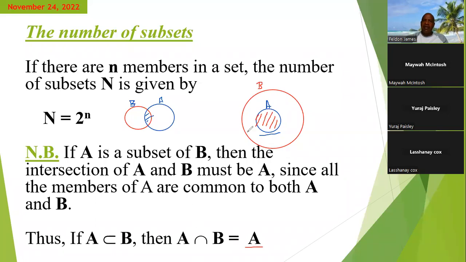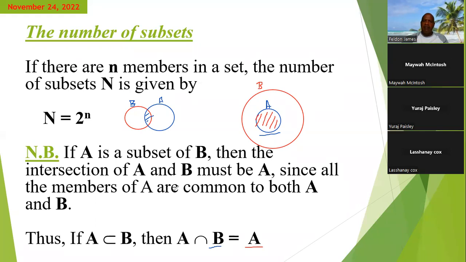Right, so we can say that in this case, where A is a subset of B, the intersection of A and B is just A, because every member of A would also be a member of B. Is that clear? Yes, sir. All right, so that's what this statement is saying, that if A is a subset of B, then the intersection of A and B must be A,